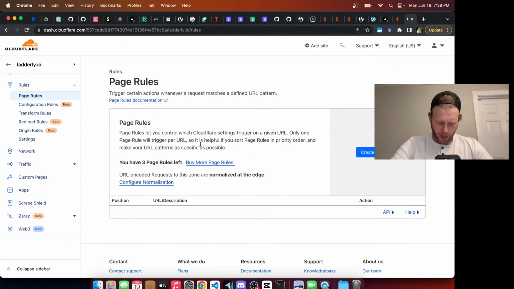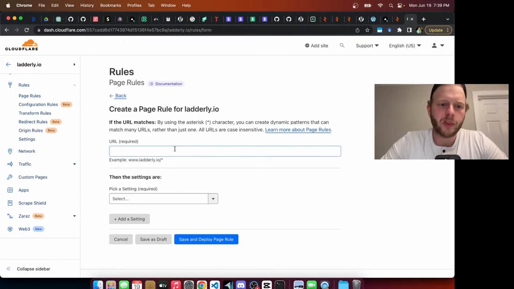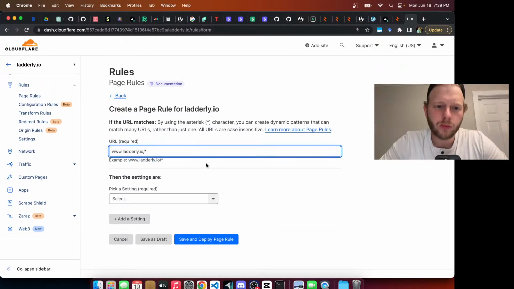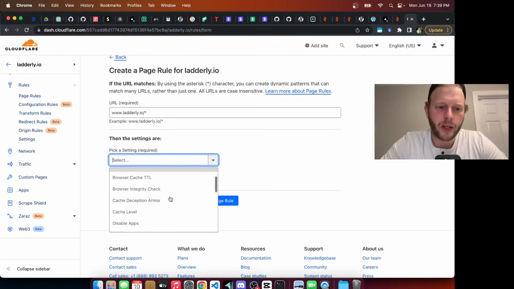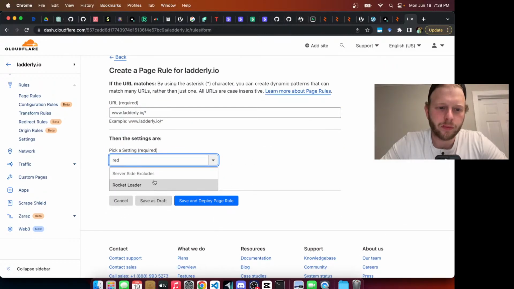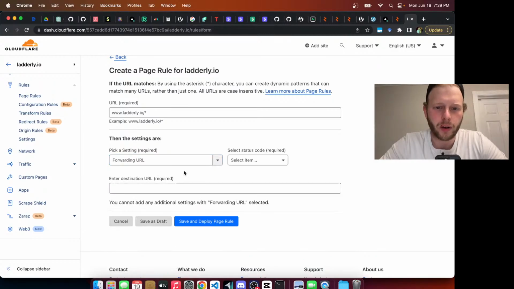So we can see there are no page rules here. And we're going to create a page rule. And we want a redirect or a forwarding URL. A permanent redirect to